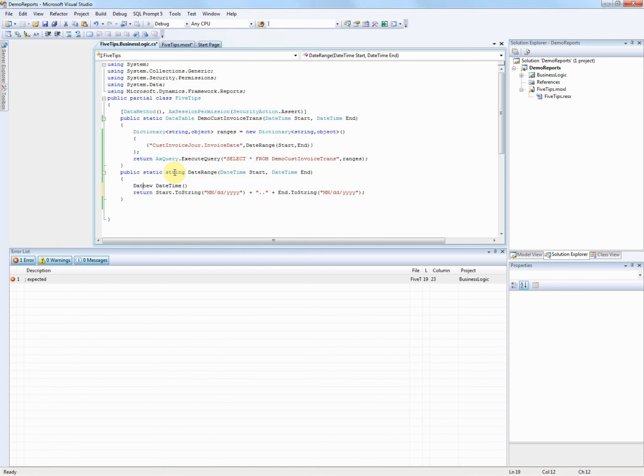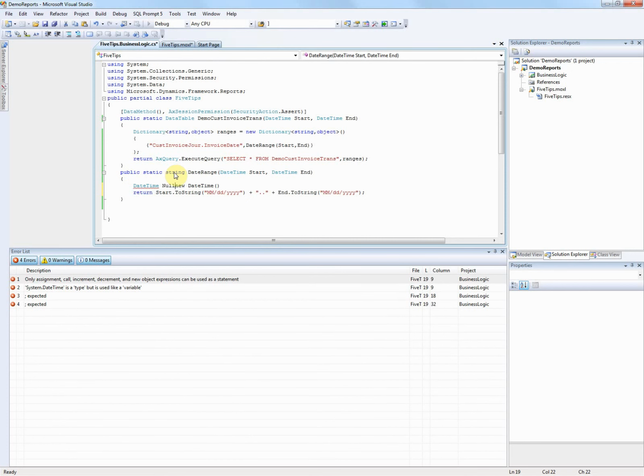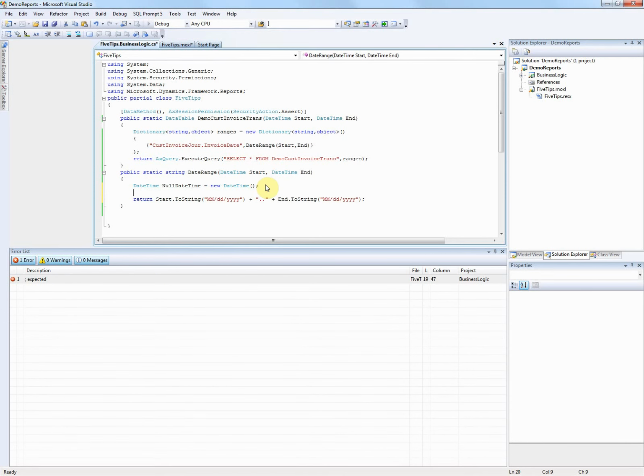So what we're going to do is declare a DateTime called nullDateTime, and I'm going to set that equal to new DateTime. That's just so we can check whether they're null. Now first I'm going to define a string called ret for return, and that's going to equal. What we want to say now is a null start means from the beginning of time, which would give us a blank dot dot something. So just dot dot and a date means everything from the beginning of time to that date